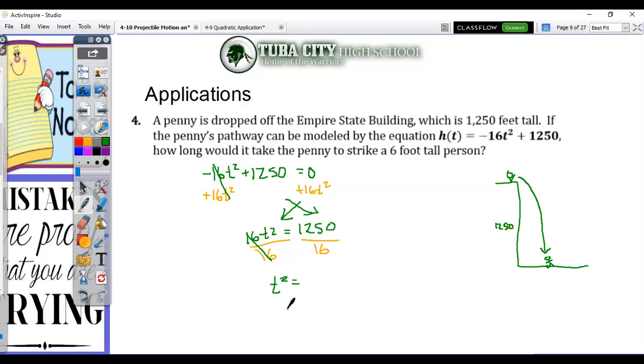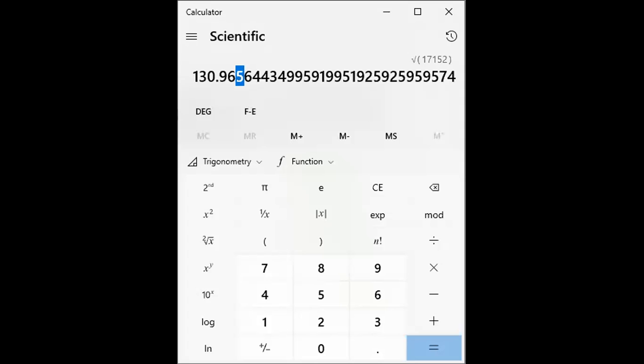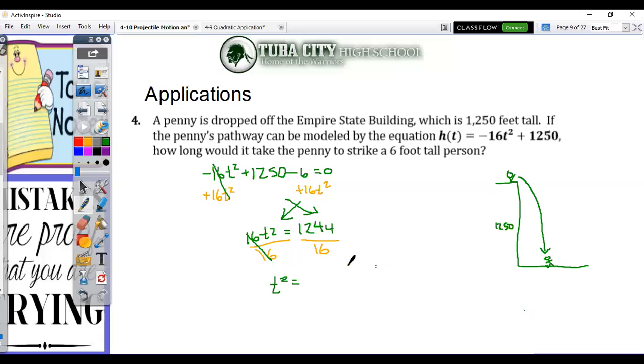I almost forgot something. In this case, the penny actually has a shorter path to fall. Because the guy is a little bit taller, the penny will strike him before it strikes the ground. So it has a little bit less path to cover. Let me show you what we're going to be doing with this. Oh wait, now I remember. I was going to divide this by 16. So we end up with